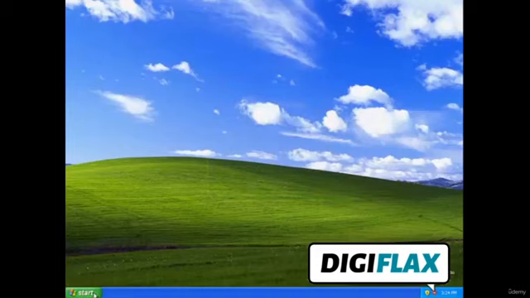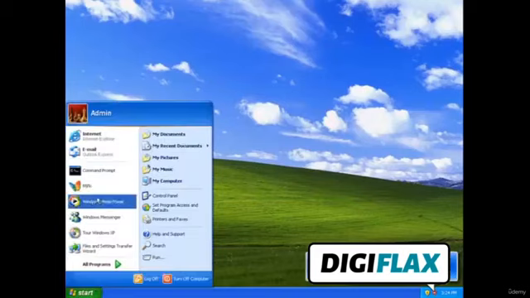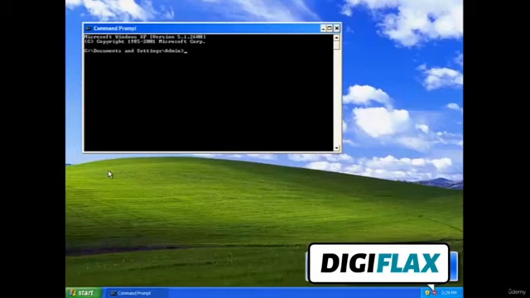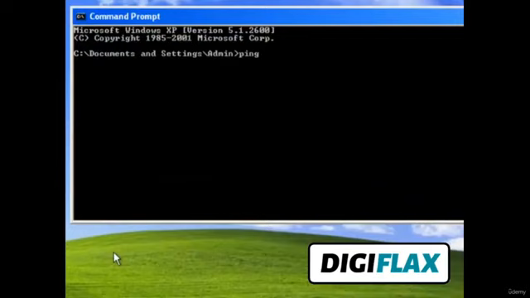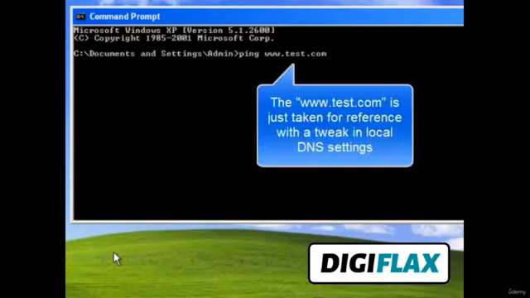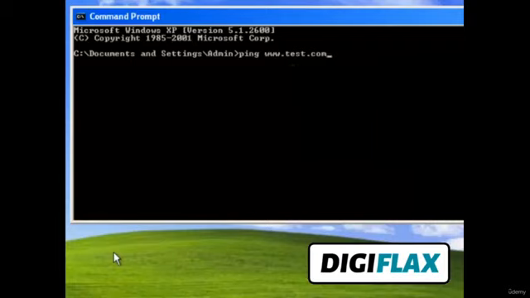To do that, open the command prompt. Here type ping and the website name. For example, I have given www.test.com. Here I have configured my DNS settings to route to another IP address, which we will learn in upcoming tutorials.